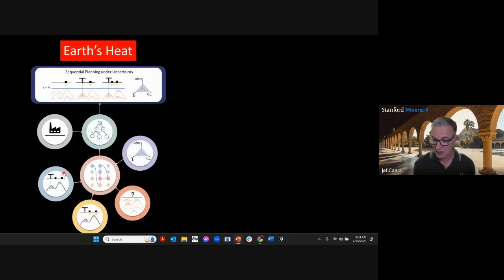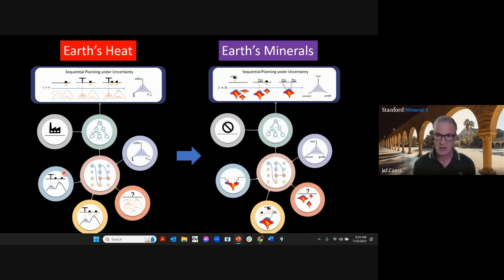Okay, so we talked about Earth's heat. Let's now talk about Earth's materials. And so now the whole idea is to keep the exact same formulation. This is the power, I think, of all of this: we're not changing formulation, because the formulation is that of sequential planning under uncertainty. So now, instead of doing